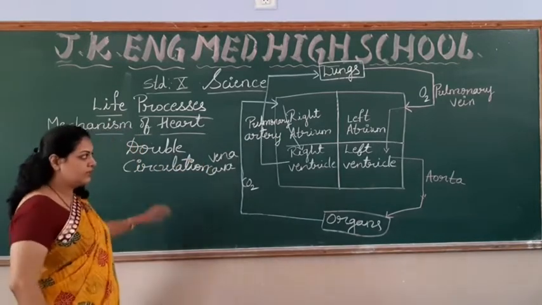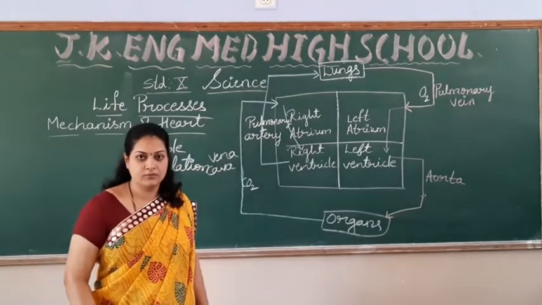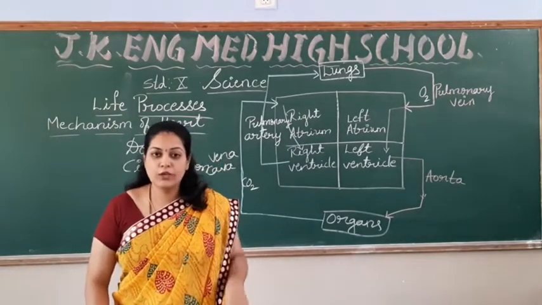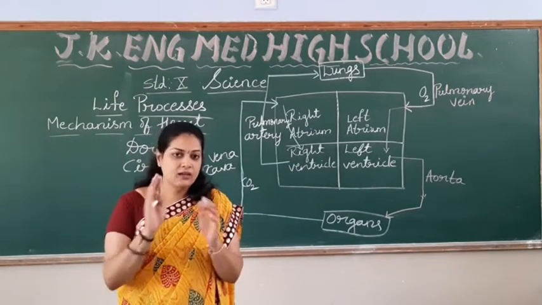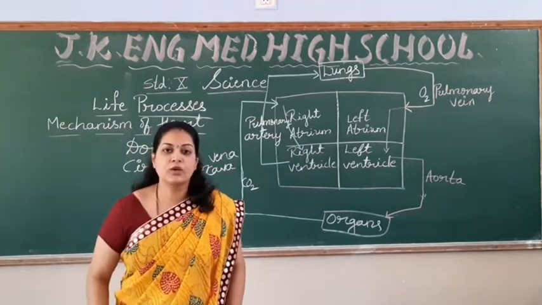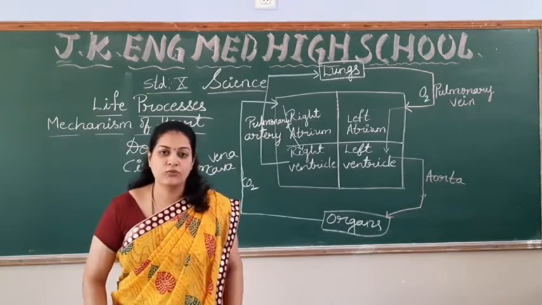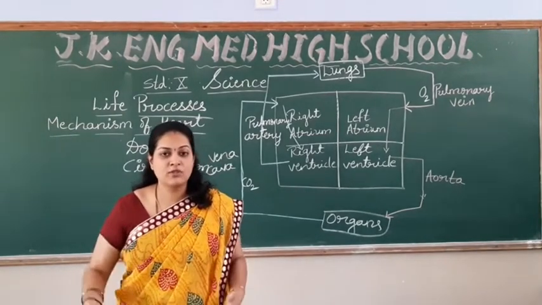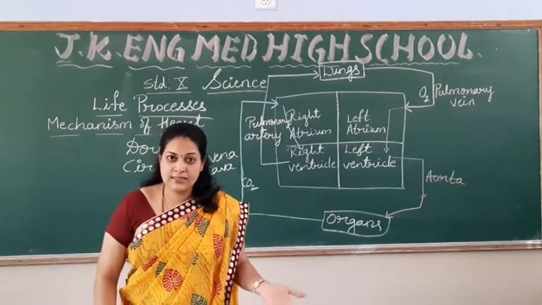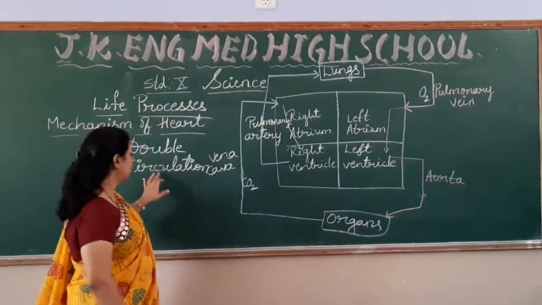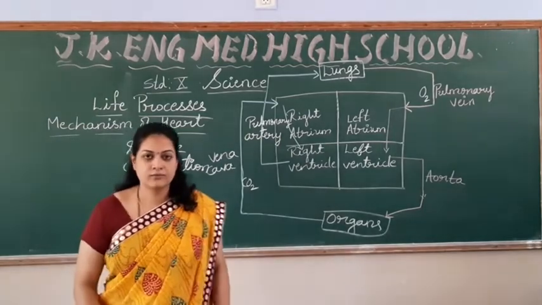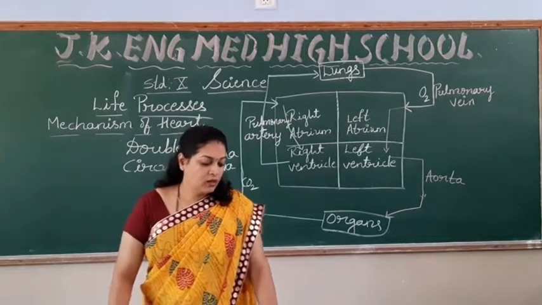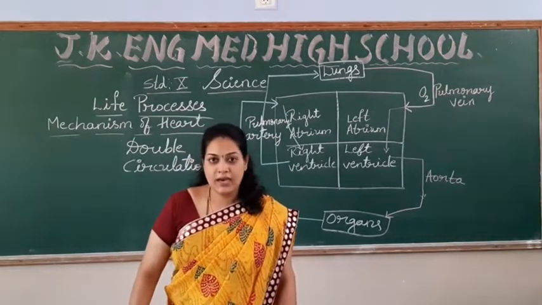This is called the double circulation. Right? So in the fishes, what happens? They have only 2 chambers in their heart and there is no double circulation, only single circulation. One time you find the circulation of the blood. But in the human heart, which is very well developed, having different types of organs and organ systems, in this case we find the double circulation. Right, students? So double circulation we find in the human heart.